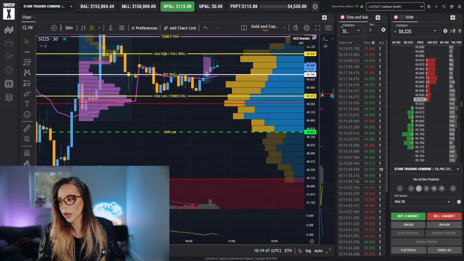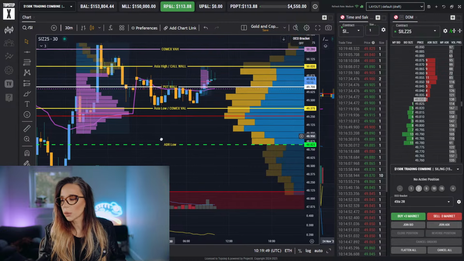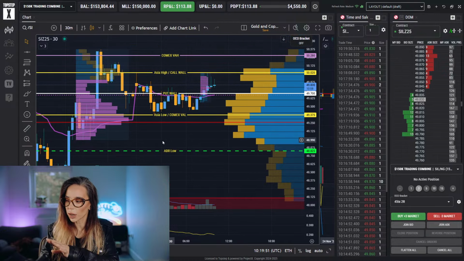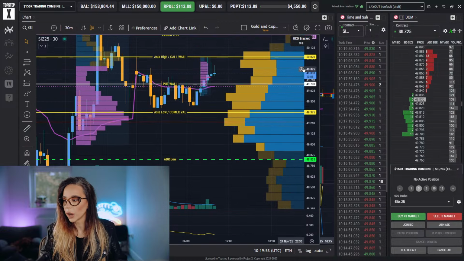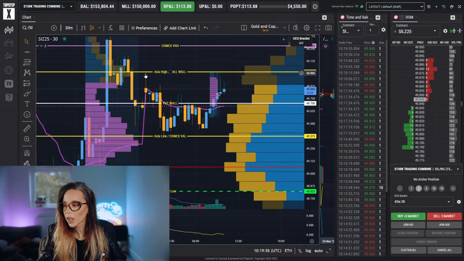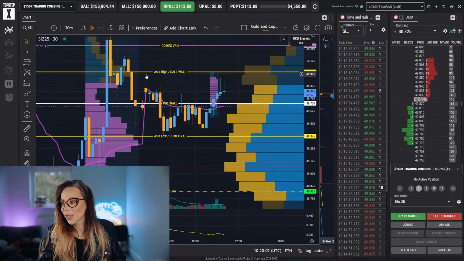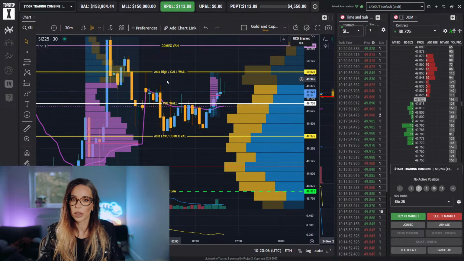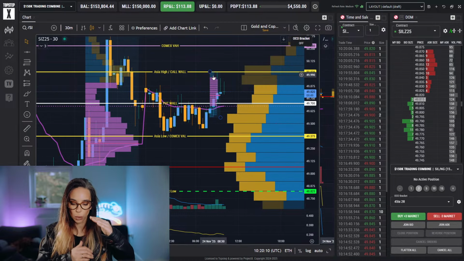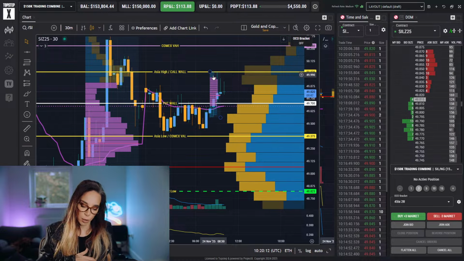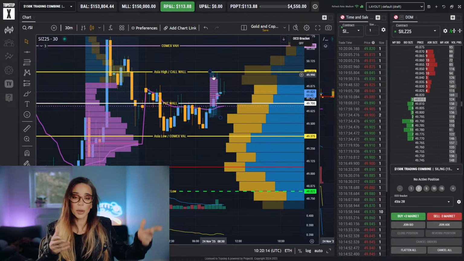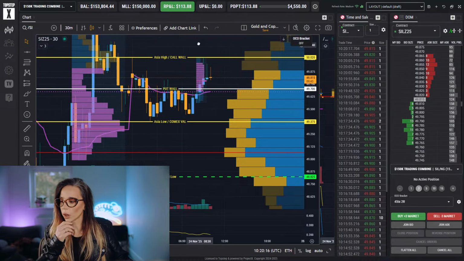It's a level like any other, but it's just a more relevant thing because you can see that's the core wall, right? You can see why the Asia level stopped right there at 50. Well, because that's a core wall. And that's the market making activity where they will hedge. It's called gamma pinning, right? So if there's a call wall and they get up to the gamma, they will pin it and then they will sell it from there, right? Sometimes they go higher. It depends where the call wall is.